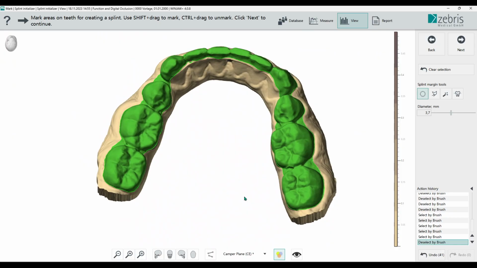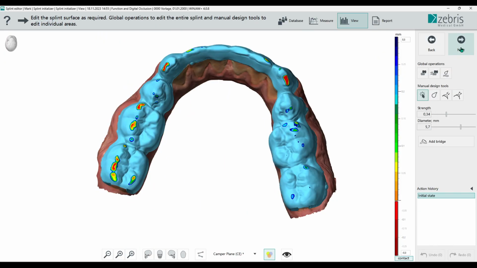Now we have the splint outline ready and we can go on. Here we have our generated splint surface, which is already functional because we use the occlusal surface also in our new splint position. This splint surface we can now modify and edit with some tools.